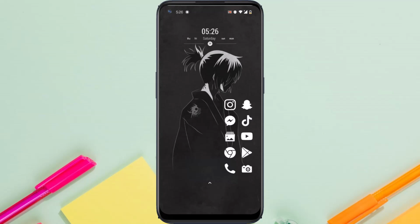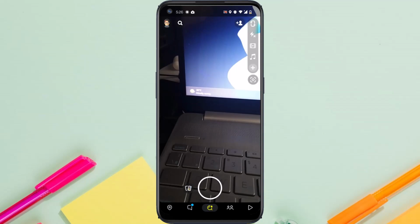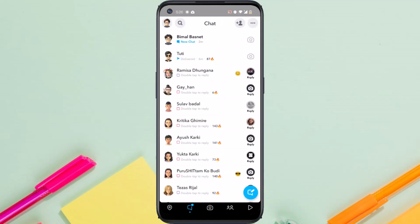In today's video, I'll show you how you can see messages on Snapchat without opening them. So to do that, first of all, let's go to our Snapchat app. Now let's go to our chat, and now let's say this is the chat we want to read but without